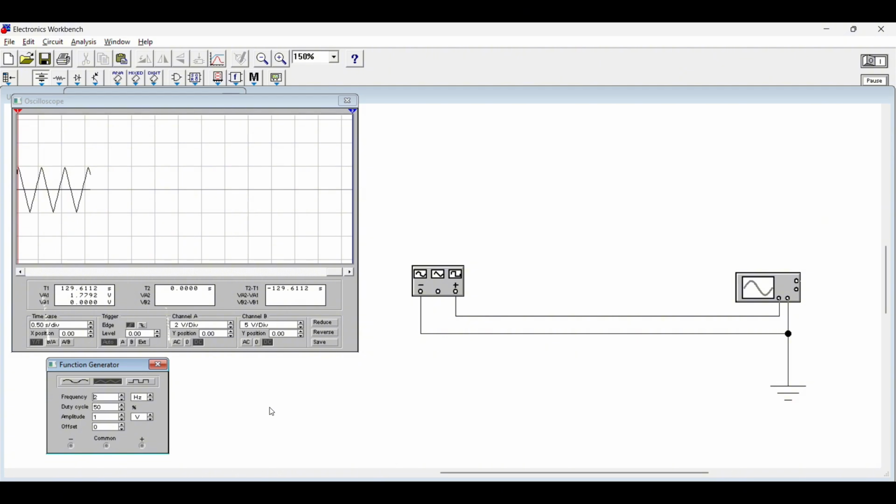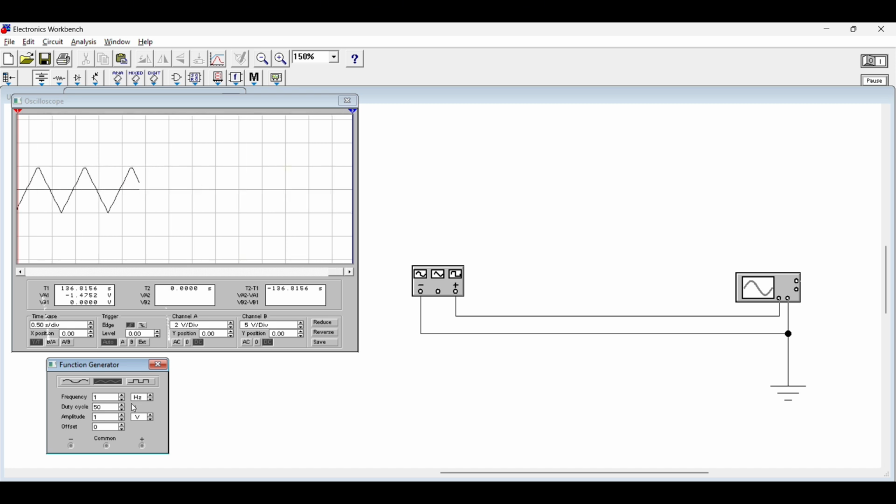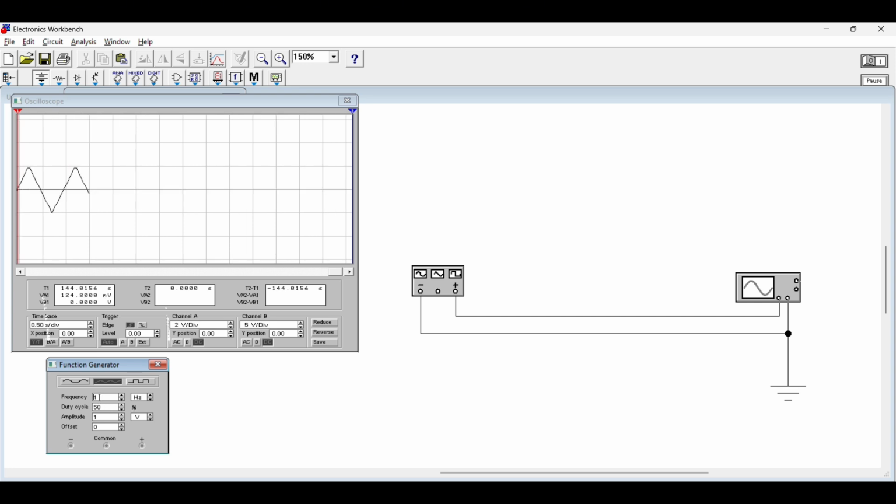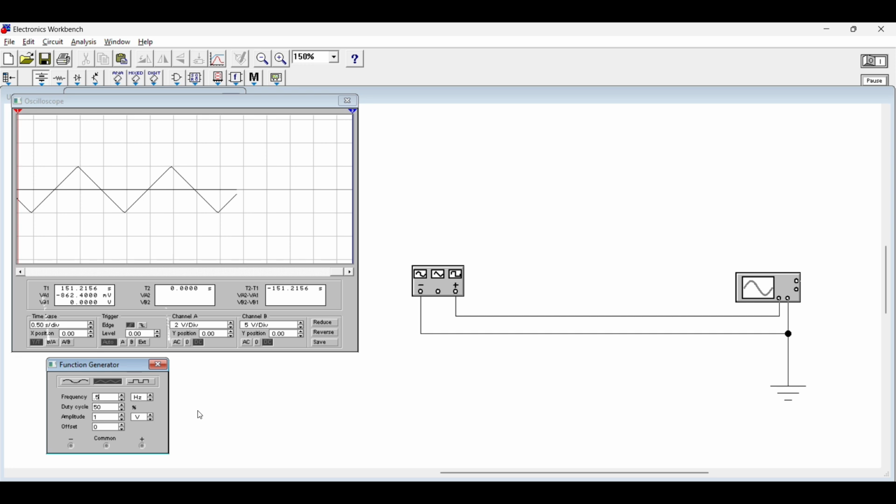At 2 kHz, the triangle wave becomes compressed, which makes it appear faster on the oscilloscope screen. At 1 kHz, the waveform shows its normal speed and shape without any compression or stretching. When set to 0.5 kHz, the wave stretches out, causing it to appear slower and wider. Adjusting the frequency like this allows us to control how the waveform is scaled in time, changing how quickly or